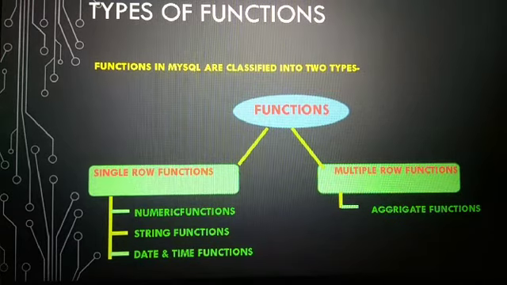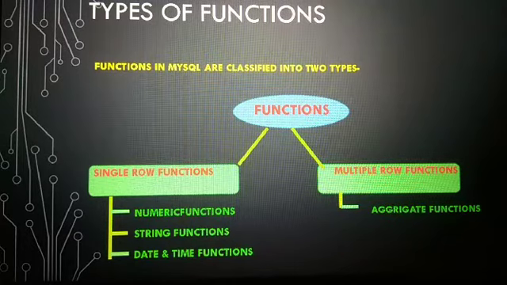Our next type is multiple row functions. These functions are termed aggregate functions because they summarize the result of a query and return a single value calculated from all the values present in a column, instead of providing a listing of all the rows. Aggregate functions are also termed group functions and are so called because they operate on a group or aggregate of records. So it is clear what are the types of functions.